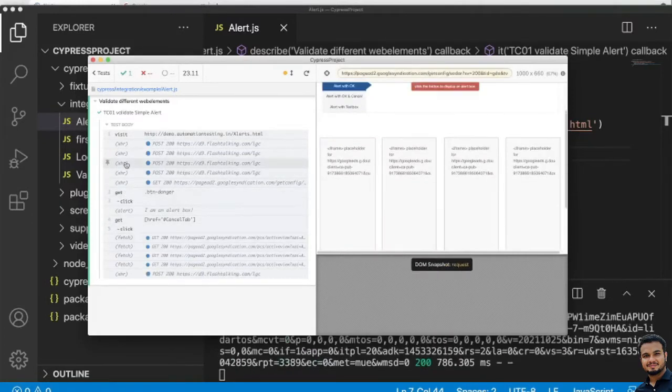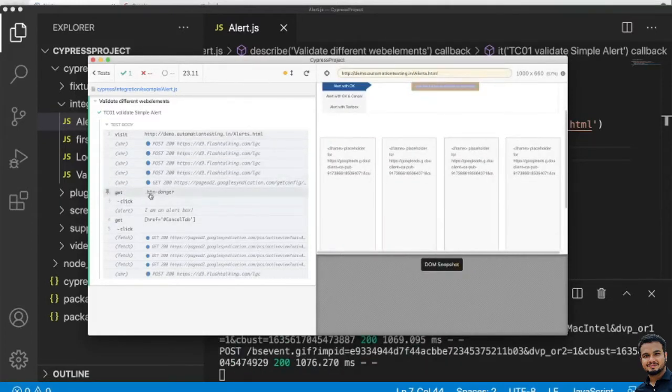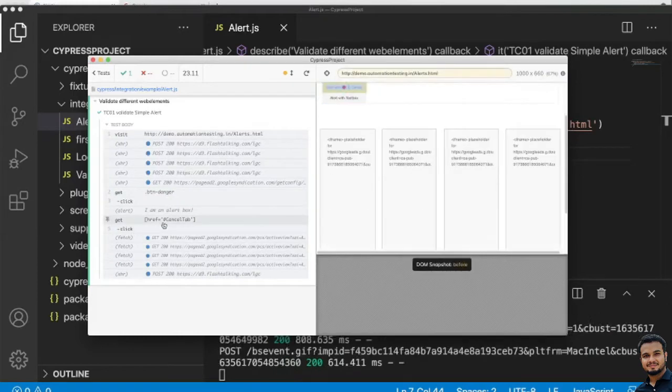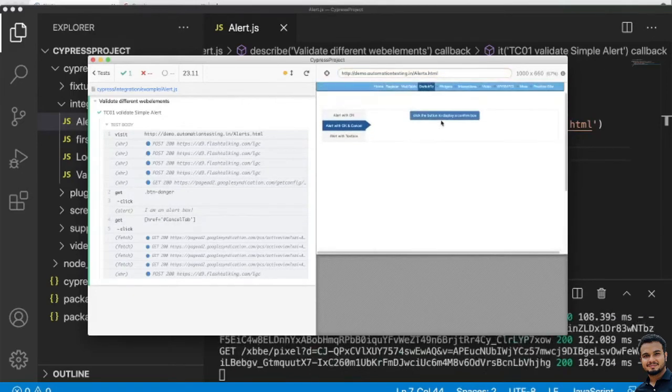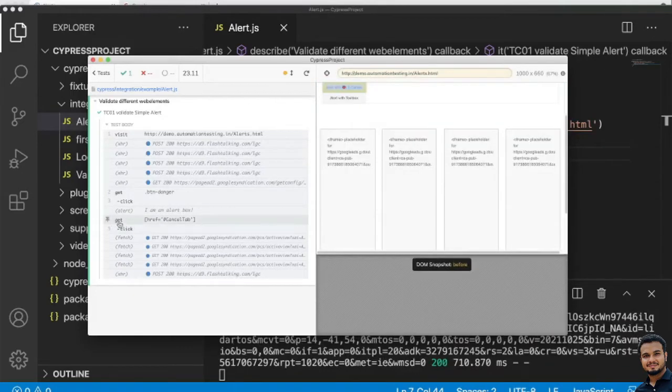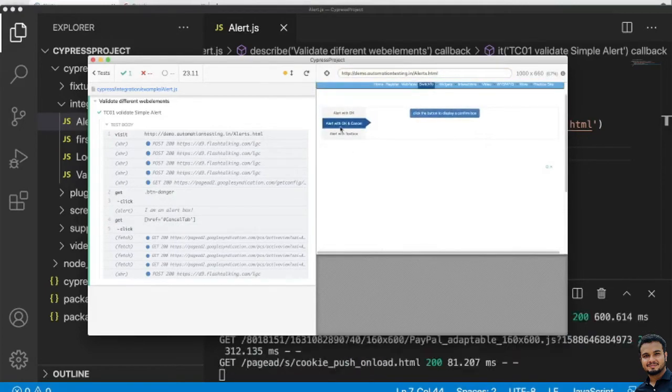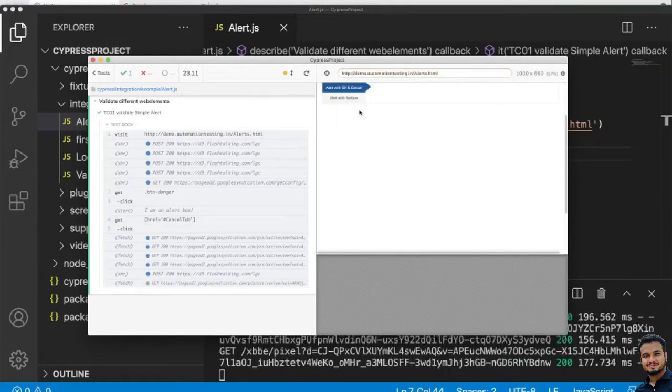If you look clearly, first it clicked on this simple alert, then here it is showing "I am an alert box". That alert text is showing here, and it is automatically getting handled by Cypress. We have not written any extra code, but for the second one it is clicking here.